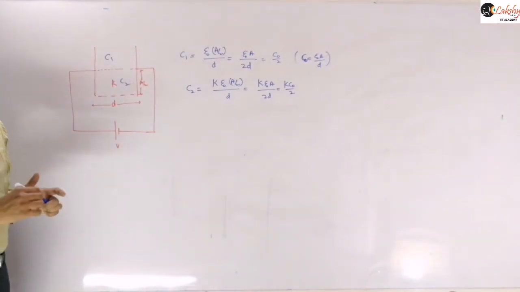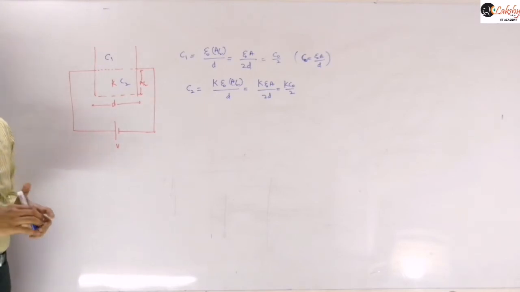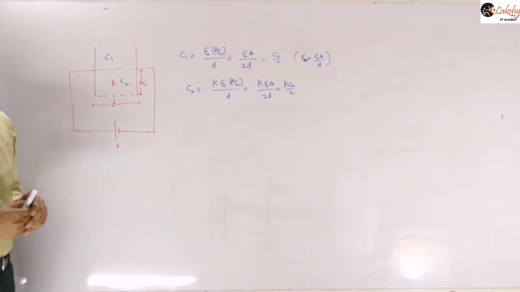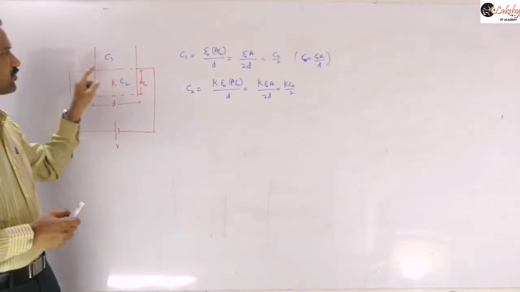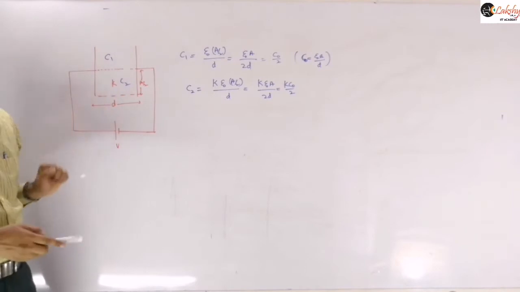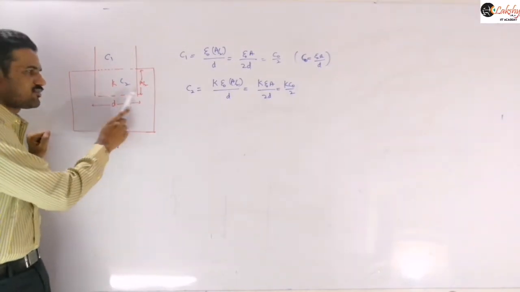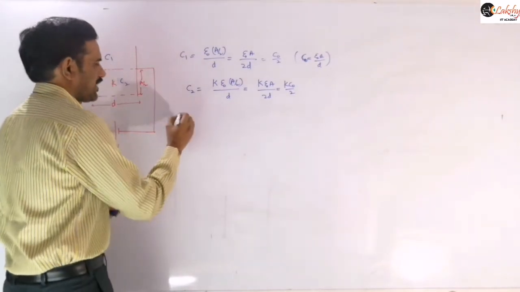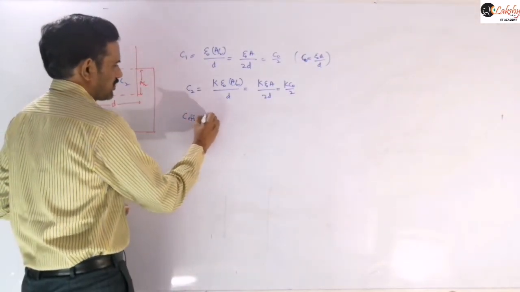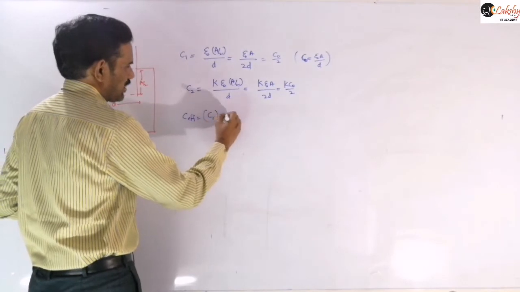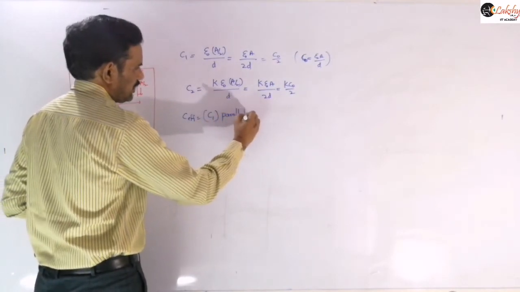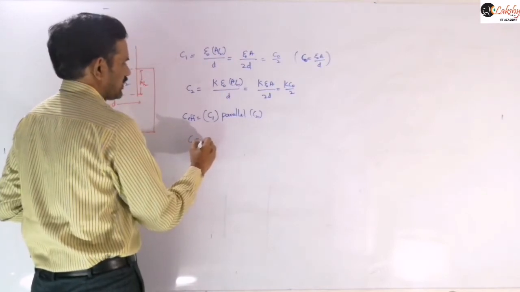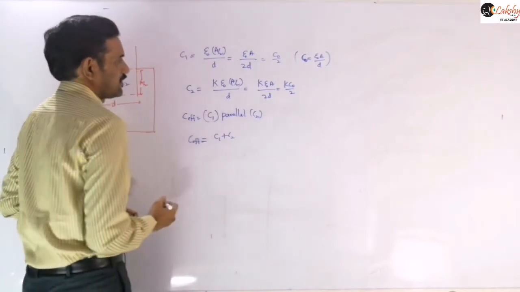Now, generally, how do we find the effective capacitance? These two capacitors are in parallel, right? Because here the metal plate is common for both of them. So whatever the potential difference is here, the same potential difference will be there here also, right? And so C1 and C2 are in parallel. Therefore, this effective capacitance we can write as C1 in parallel with C2.